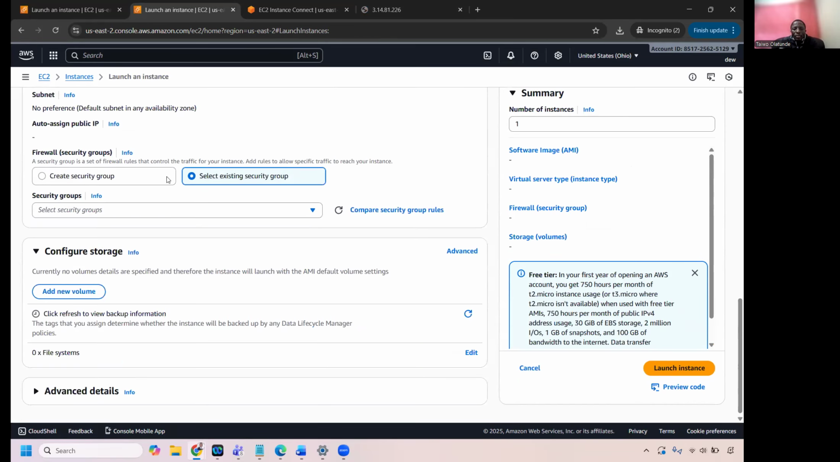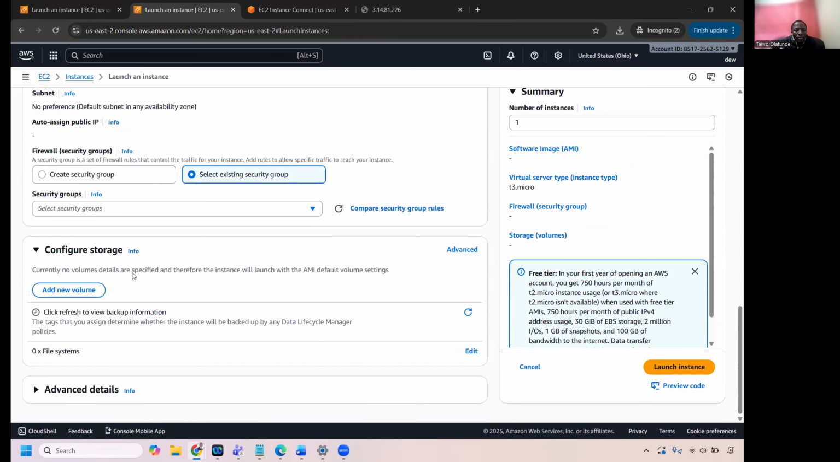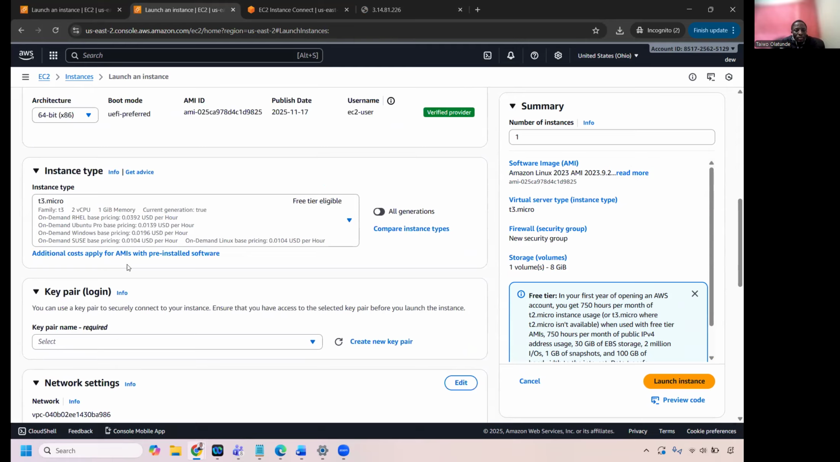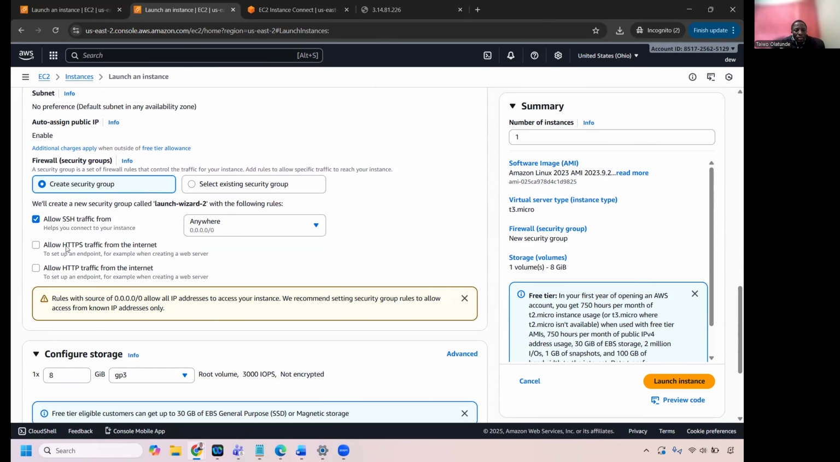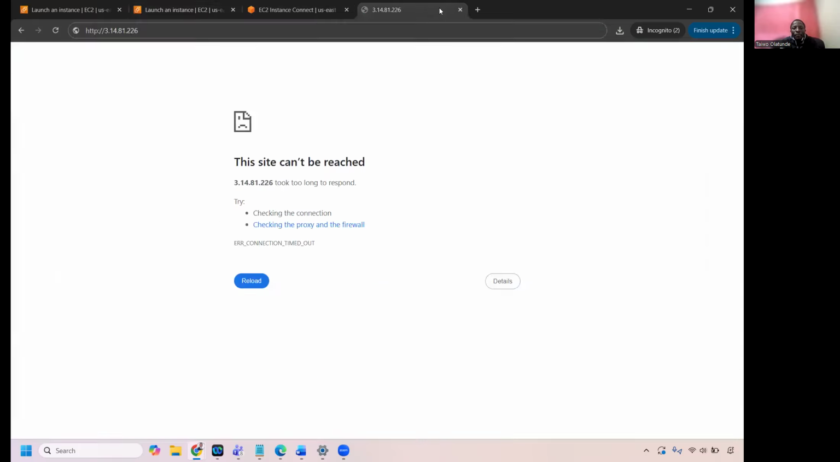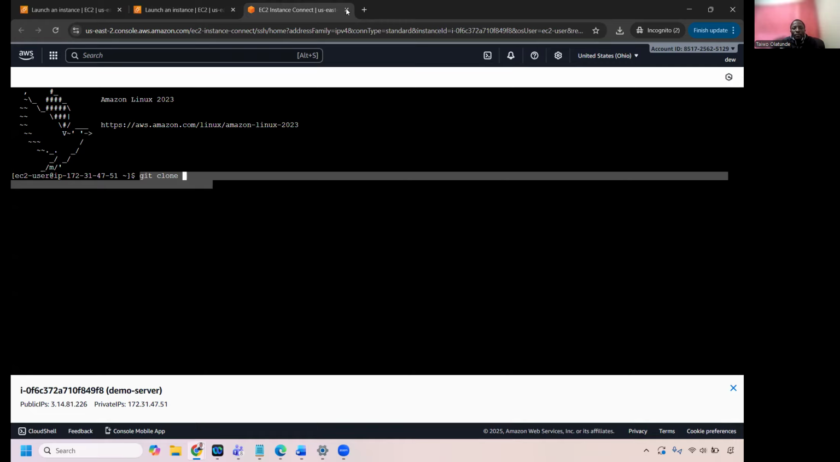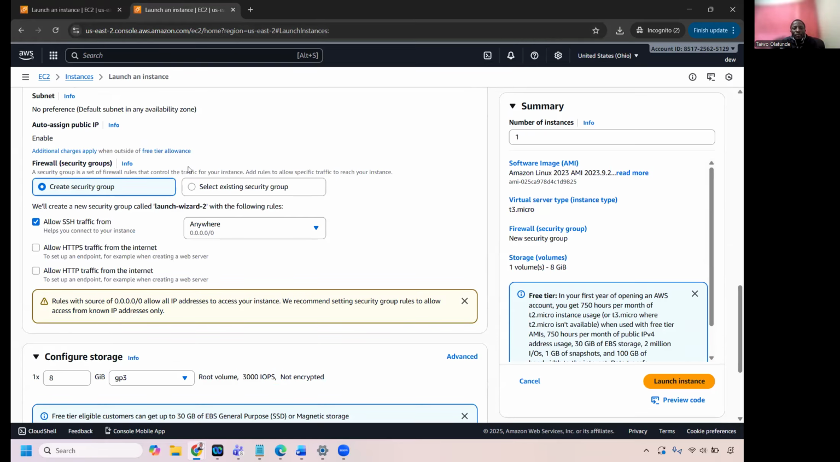So over here, if you look at over here, I'll have to click on allow HTTPS, allow HTTP. But that one, I'd not really touch this place. So that's just it. The major thing is just, so